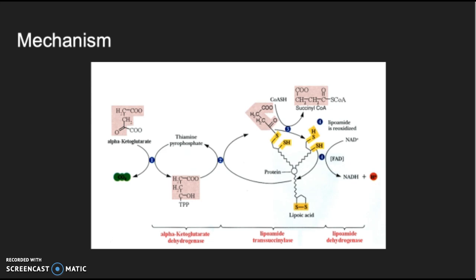E1, alpha-ketoglutarate dehydrogenase, which contains a TPP cofactor, catalyzes the binding of the oxo acid to the lipoyl group of E2, lipoamide transsuccinylase, which then transfers an acyl group to coenzyme A, forming an acyl-CoA, while reducing the lipoyl group to dihydrolipoyl. E3, lipoamide dehydrogenase, then transfers the protons to NAD to form NADH, and in this process, there is